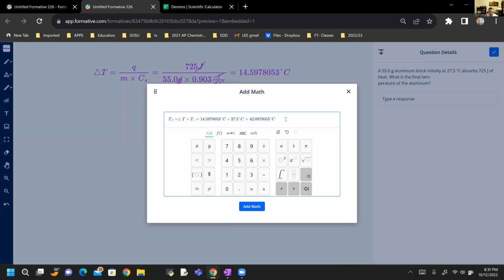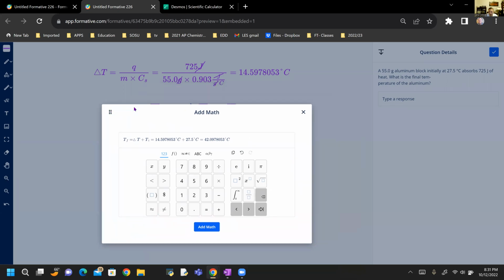Now, we have to make sure that we have the correct number of significant figures. Technically, in this value here, we could have 3 from the 55.0. That's a trailing 0 with a written decimal. And then we used 725. That's 3 significant figures. So this answer technically should have 3 significant figures. So we would say